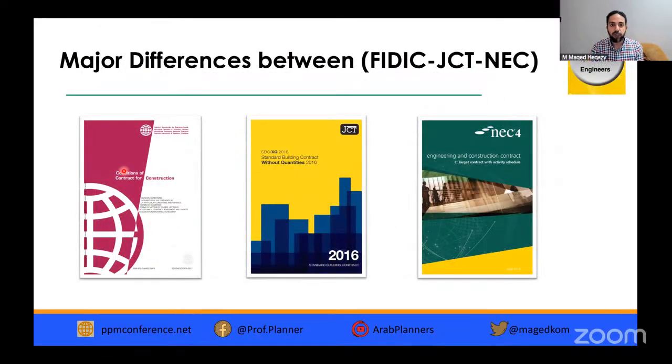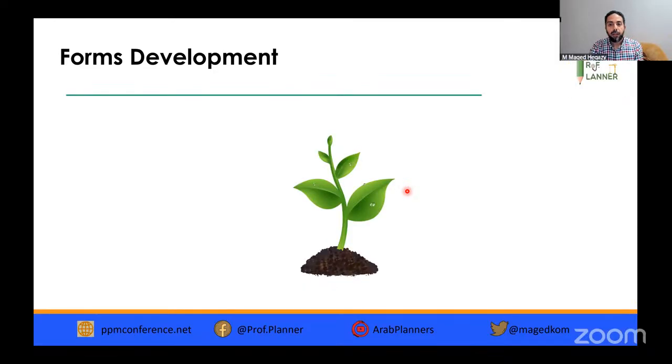These are the selected forms we are going to compare to check the major differences between them, which are the FIDIC Red Book, the JCT Standard Building Contract without quantities, and NEC Engineering and Construction Contract option C target contract. To know about these three entities, the FIDIC, JCT, and NEC,